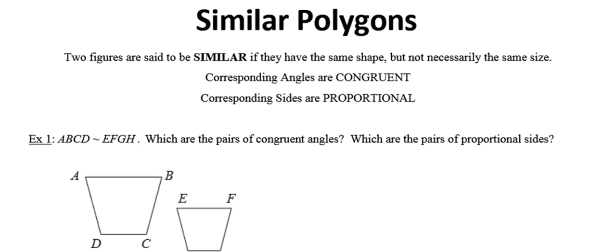First, let's review what we said it meant for two figures to be similar. We say that two figures are similar when they have the same shape, but not necessarily the same size. Because they have the same shape, all of their corresponding angles have to be congruent. But because they're not necessarily the same size, while corresponding sides have to be in proportion, they don't necessarily have